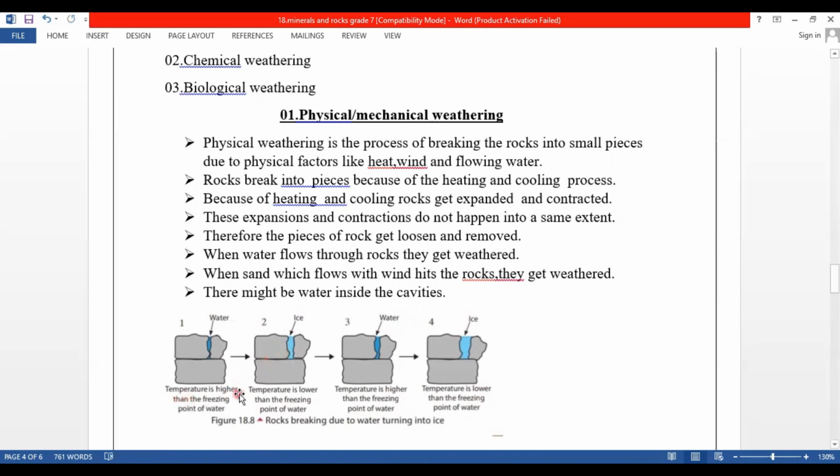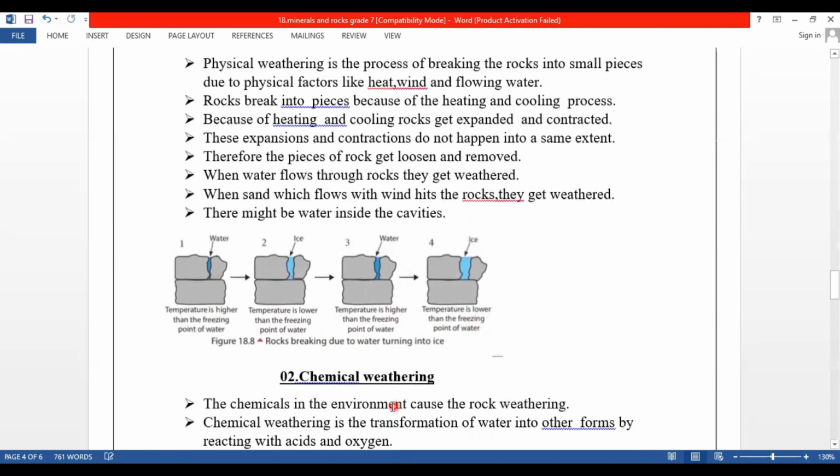You can see the temperature is higher than the freezing point of water, then lower than the freezing point of water at this time, then higher again in the other seasons, not winter, and then lower again. Because of this process, these cavities become large. Ice becomes water again, water becomes ice. Due to these reasons, the cavities